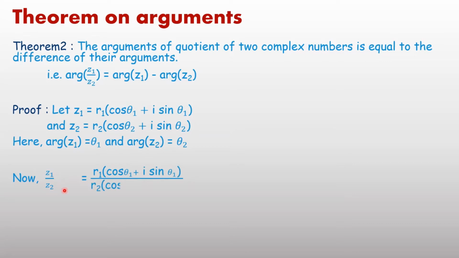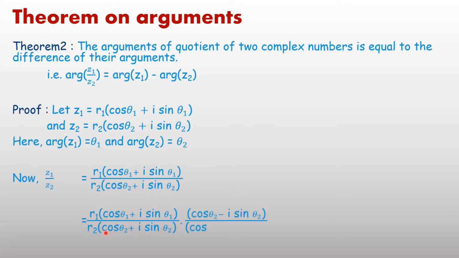Then z1 upon z2: put the value of z1 and z2. Then next step, in the denominator cos theta 2 plus i sin theta 2 is written, so multiply numerator and denominator by cos theta 2 minus i sin theta 2. In the denominator you can apply the formula (a plus b) into (a minus b) means a square minus b square, and in the numerator open the bracket. In the next step you will get the value of z1 upon z2